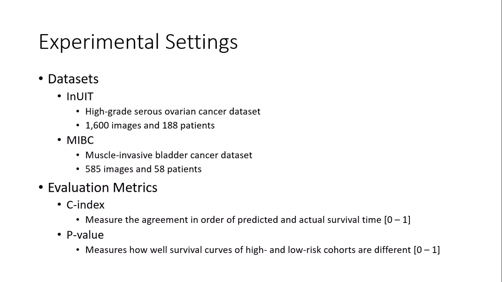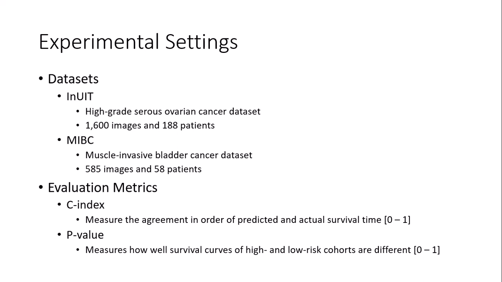images across 58 patients. As for the evaluation metrics, we rely on two of the most commonly used ones. The first one is C-index, which measures the agreement between the predicted and actual survival times for the patients, and it ranges from 0 to 1, with higher values showing more agreement. The second metric is p-value, which measures how well the actual survival curves of high-risk and low-risk cohorts of patients